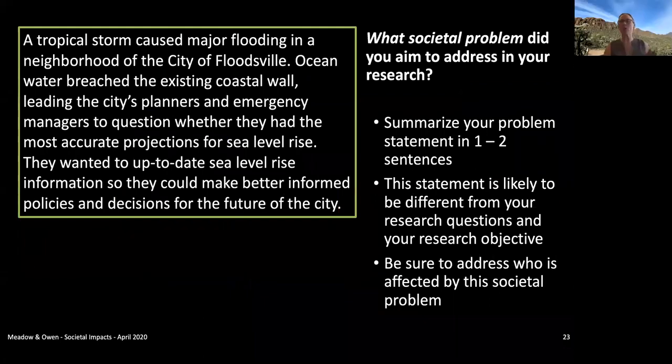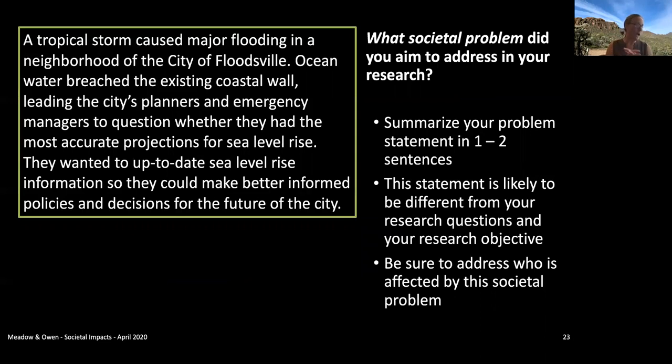Okay, so we've got a little case study just to illustrate how all of those components come together. So we're starting with this: what societal problem did you aim to address in your research? You want to summarize this as concisely as possible. This statement's going to be different from your research question. Your research might be a much more narrow technical focus, but this is what big problem did you